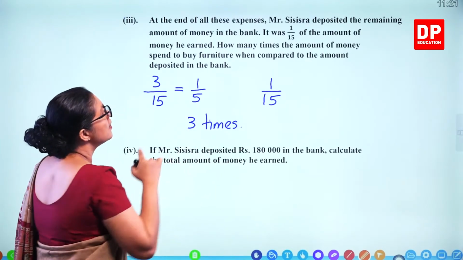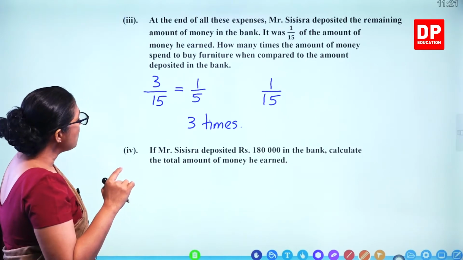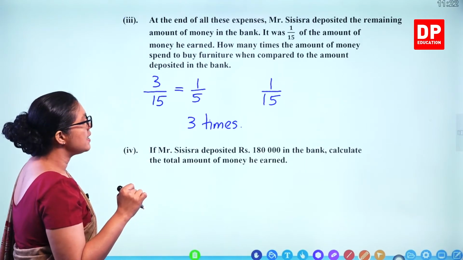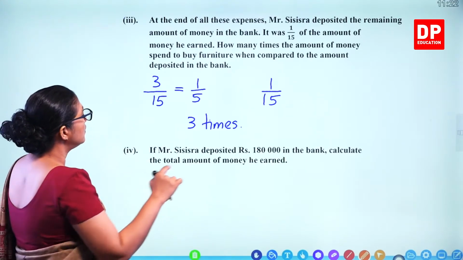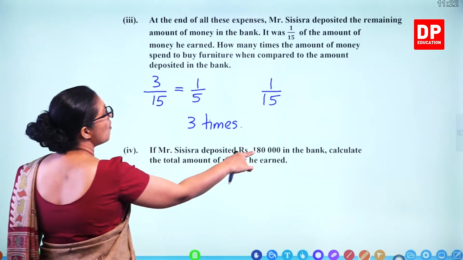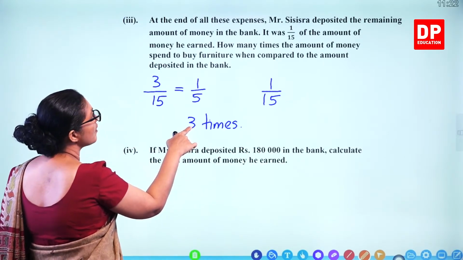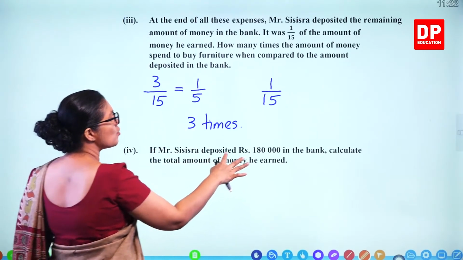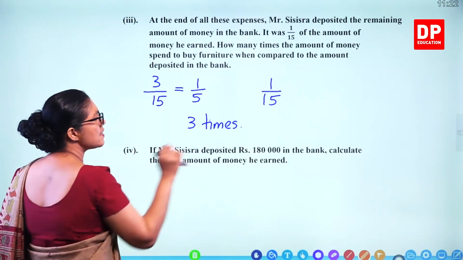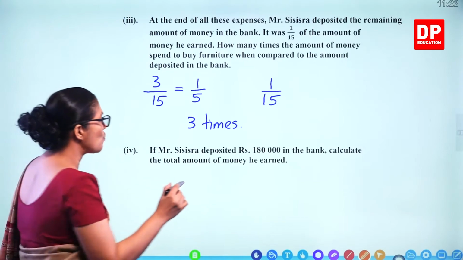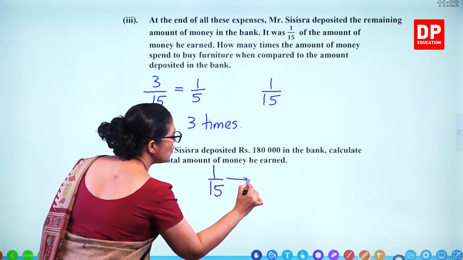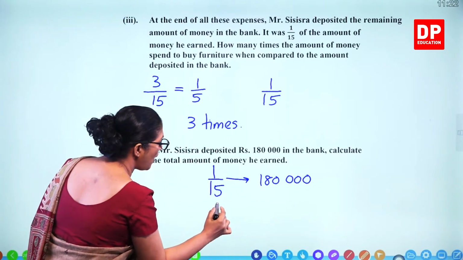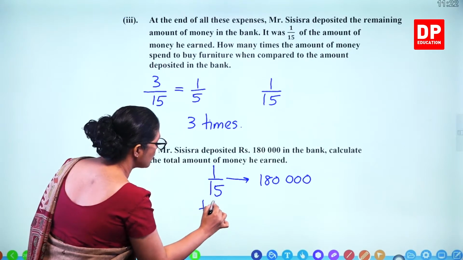of the deposited amount. If Mr. Cicero deposited 180,000 in the bank, calculate the total amount of money he earned. So deposited is 1 over 15, and the furniture is 3 times that. You can do 1 over 15 is 180,000. So what are the 15 parts? So the total amount